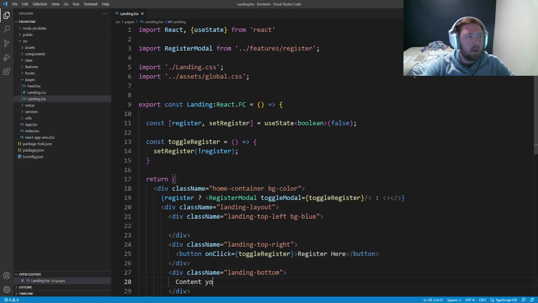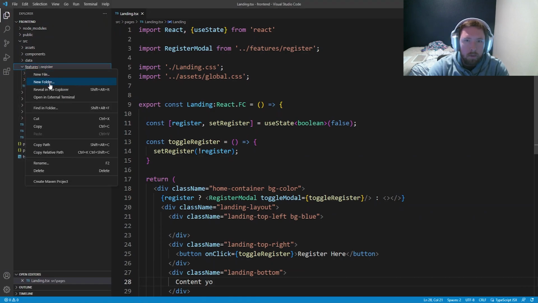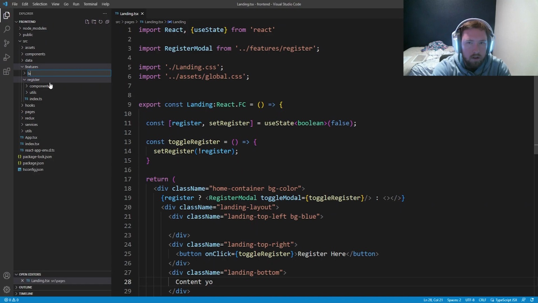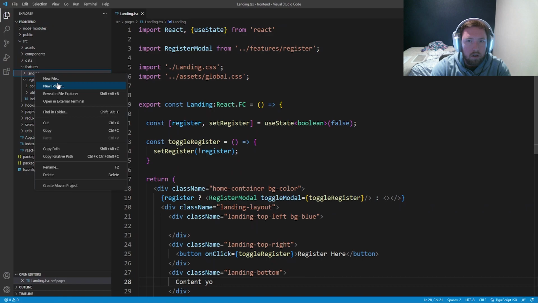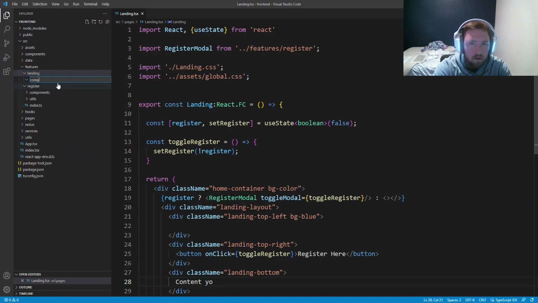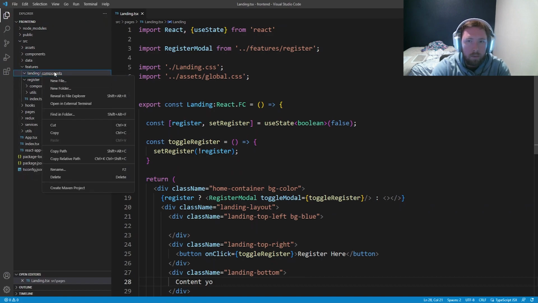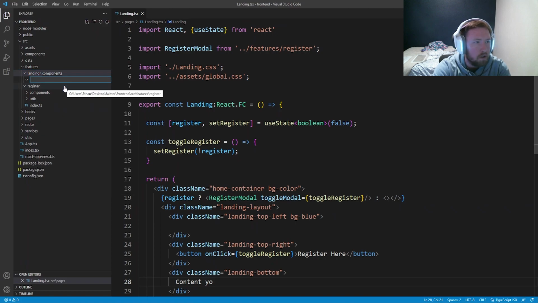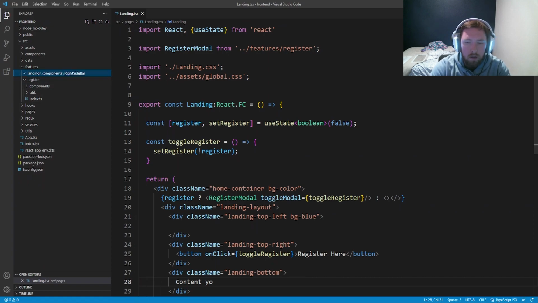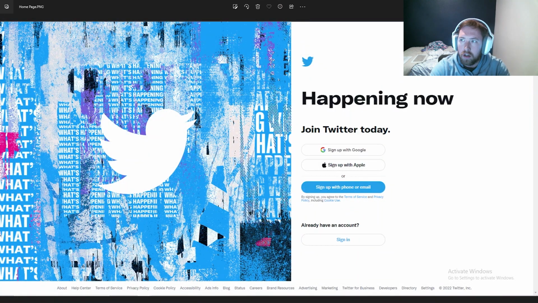So now we want to make a new folder inside of our features. So I'm going to go up to our features, make a new folder, and call this landing. And inside of landing, we're going to make a new folder and call this components. And inside of our components, we're going to make one more folder. I'm going to call this right sidebar. So this is going to be, as you guys could probably guess, the right sidebar of our